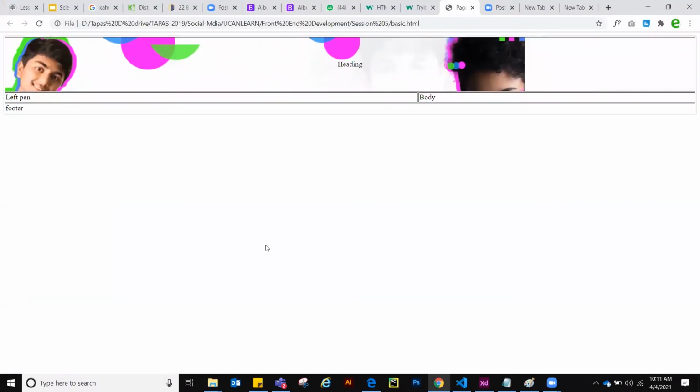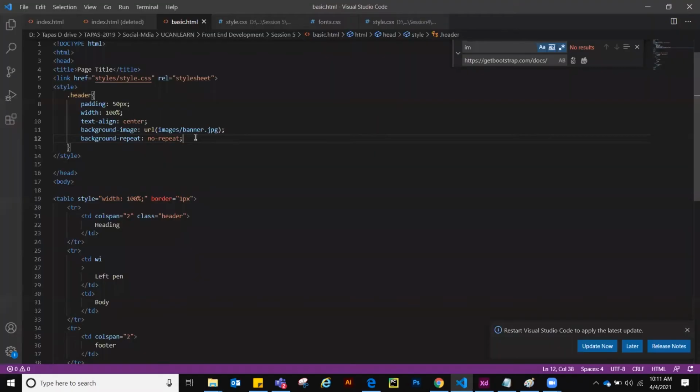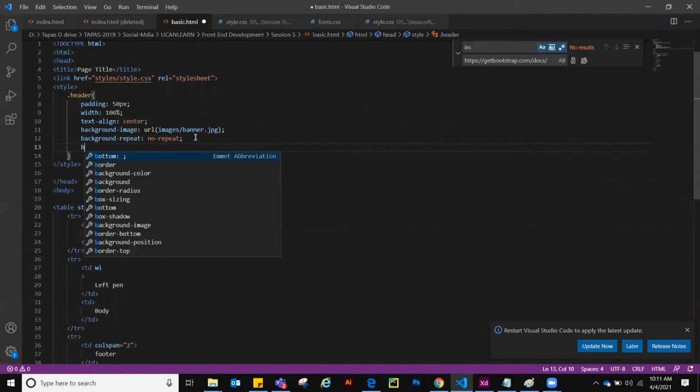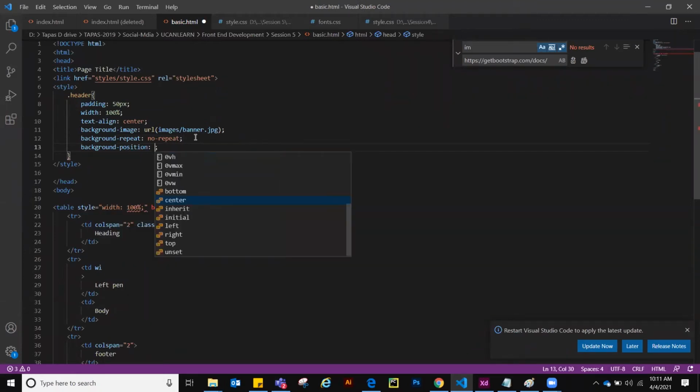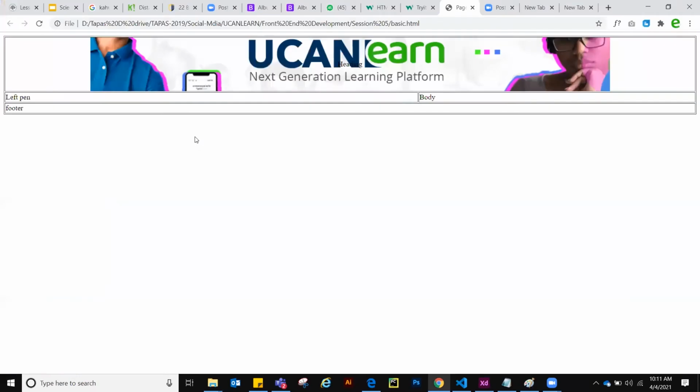Okay, right? So no repeat, repeat stop. Then background position, center. Right? Looks good? Yes, that's good. Okay, so that's how.